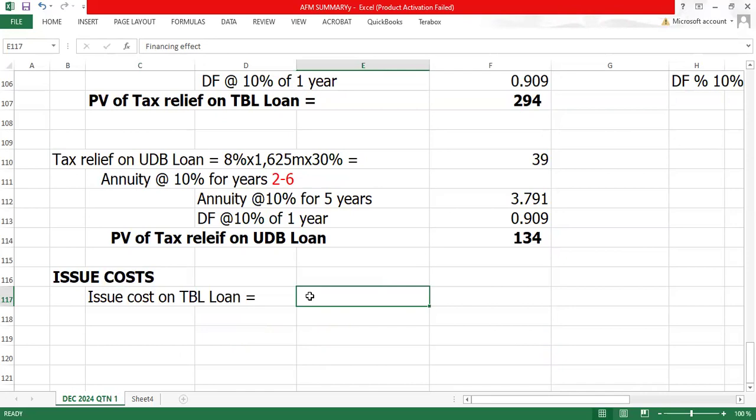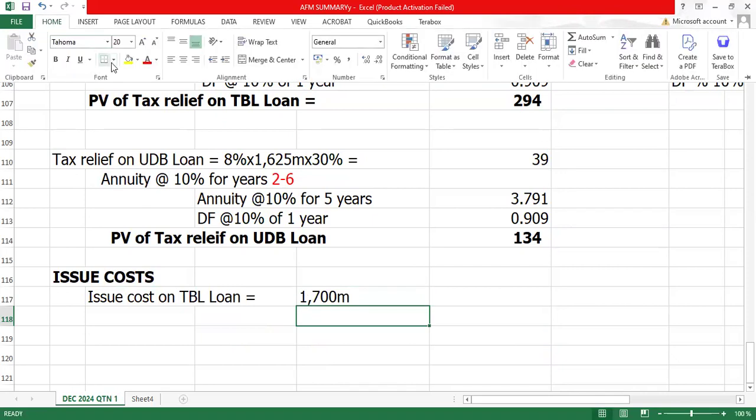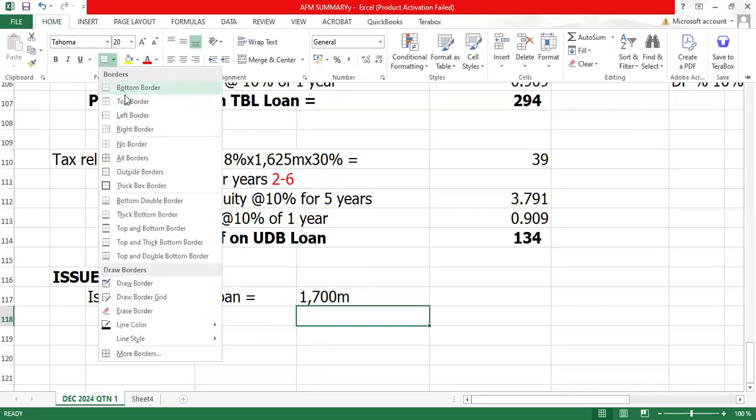TBL loan was how much? It was 1,700 million. I gross up. How do you gross up? You get this figure, you divide by, you get that figure, then you divide by,